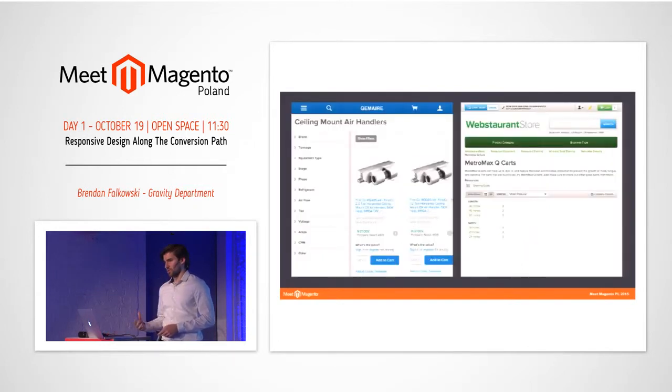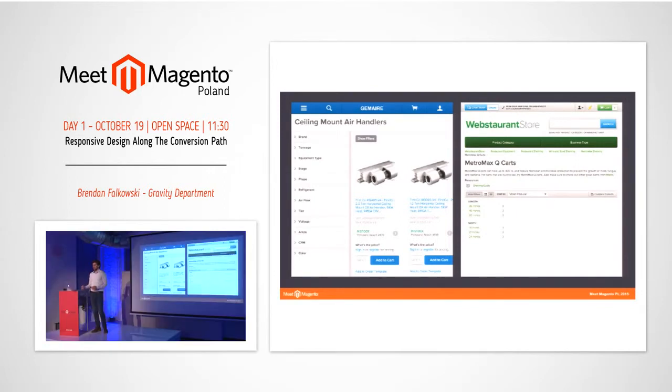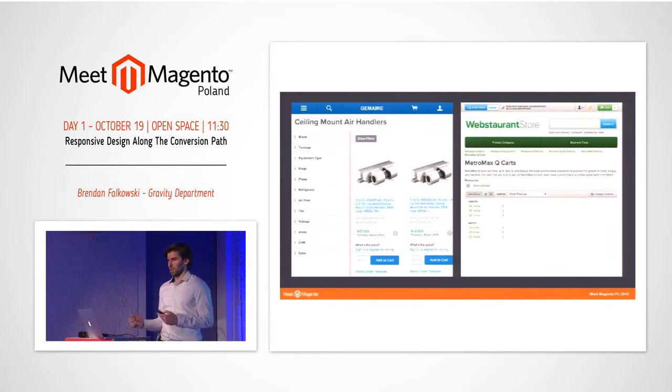For very complex stores, like Jammer, an example from my projects, and Webstaurant Store, they use a sidebar pattern because some of their categories have dozens or more facets. What they do is have a sidebar off-screen panel that you can toggle on and off on smaller screens, or it's permanently visible on larger screens. And you can animate that panel's transition into view to highlight to a user that they're entering a state of that view, and then animate it back out when they've returned to the list view or they've activated